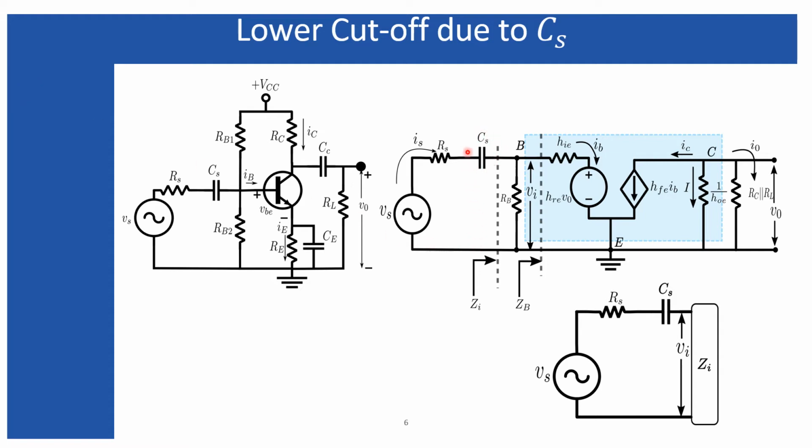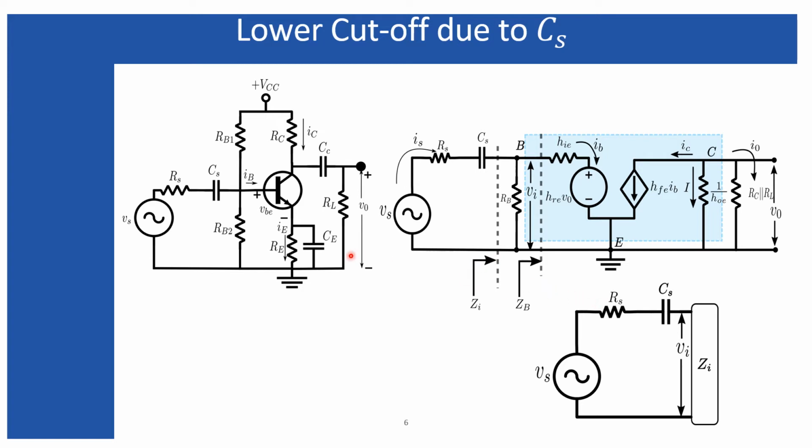Now, I am going to observe the equivalent resistances which are associated with these Cs, so that can easily be found. One resistance is the Rs, and the other resistance, if you look from this side, is the equivalent Thevenin resistance which will associate these Cs, and we know what that resistance is. I have calculated in my earlier lectures that this resistance is the input impedance of the bipolar junction transistor when you are looking from this side.